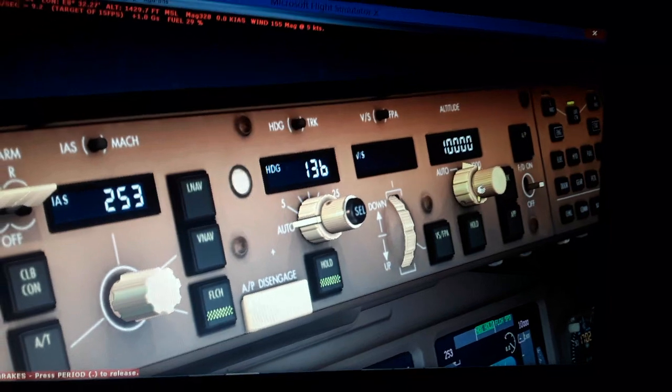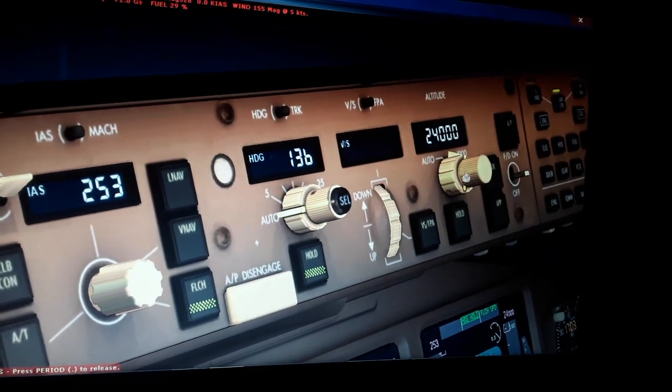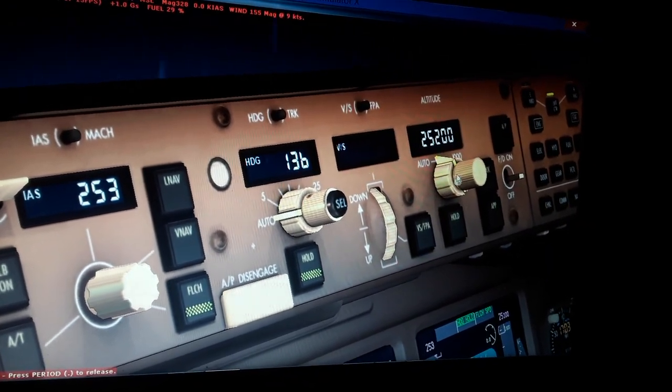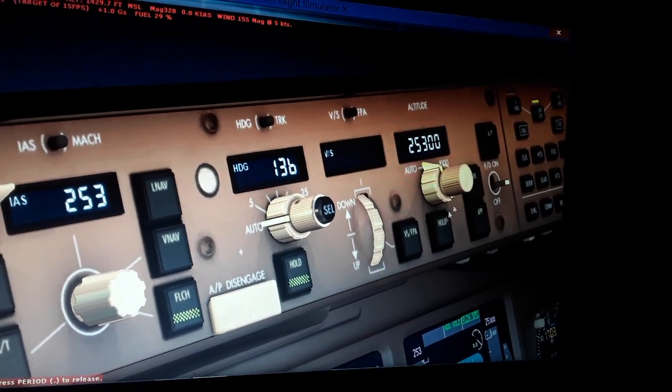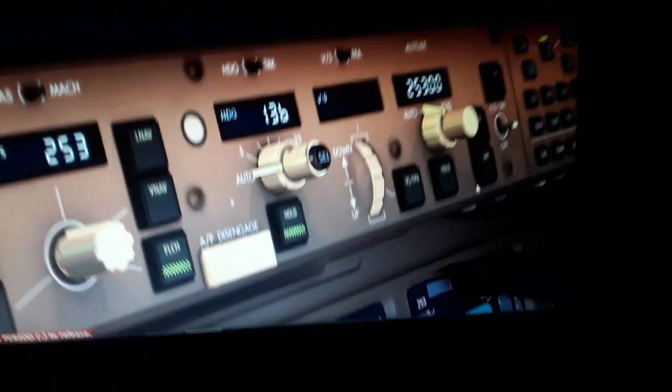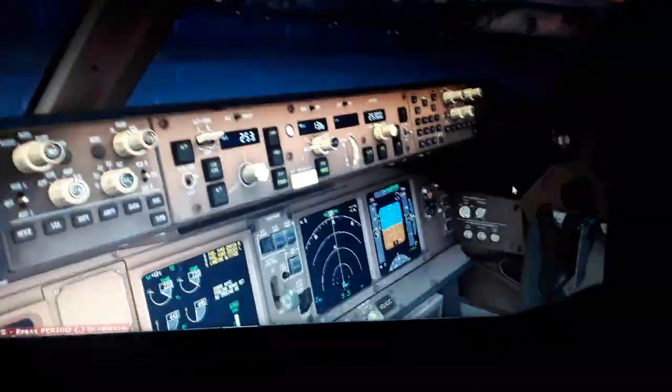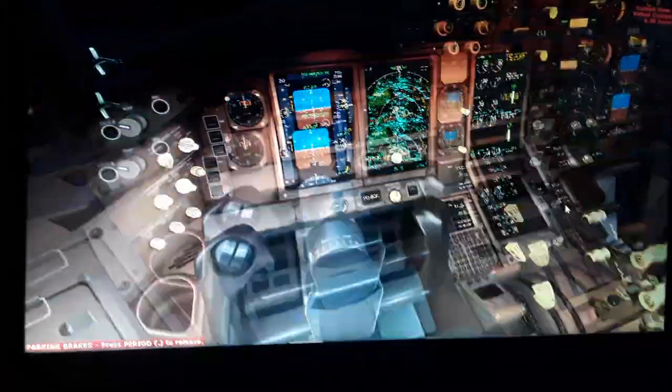So we have also the altitude. We can set like 35,000. And we have the hold also, and a couple more modes. I'll show you now. So now we have the flight director on. The autopilot is off, so we can fly manually. You can see